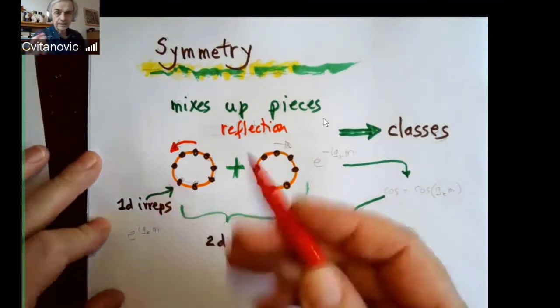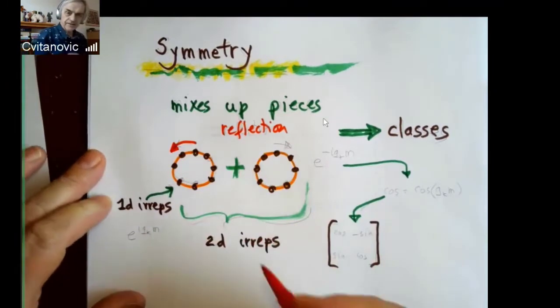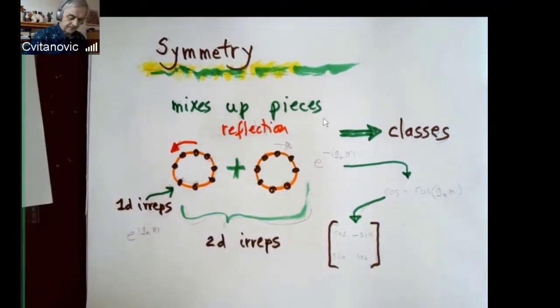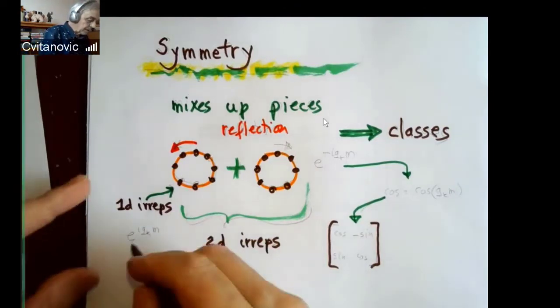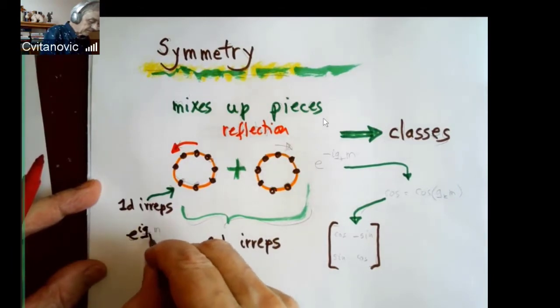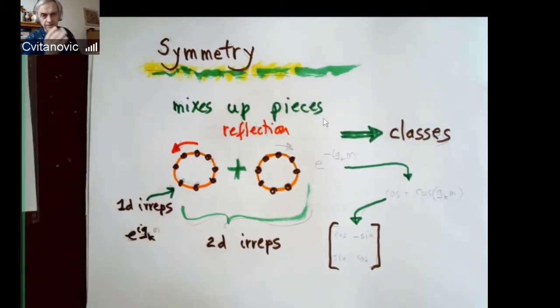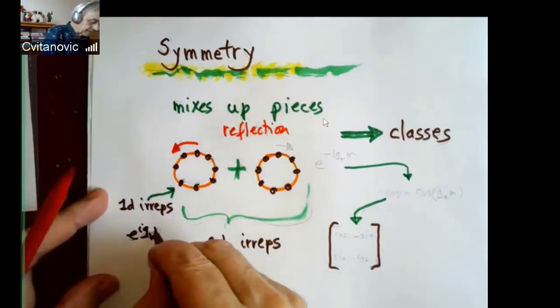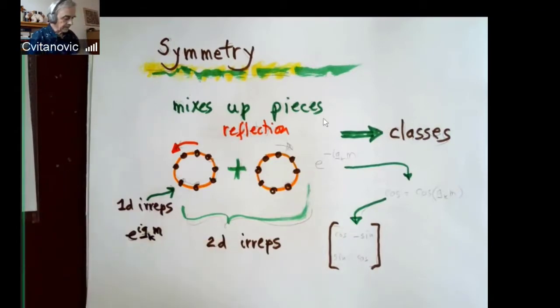And we found what's called the Fourier representation of the discrete chain, one-dimensional representations, each characterized by some parameter q, which is an integer times 2 pi over the number of things, times m, which is how many steps